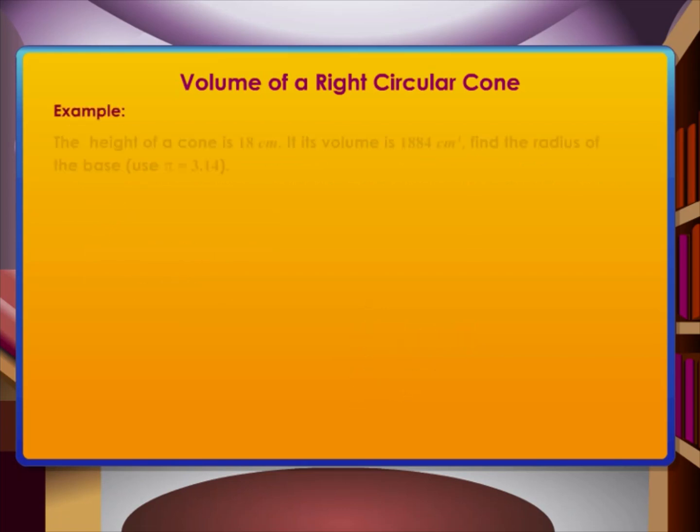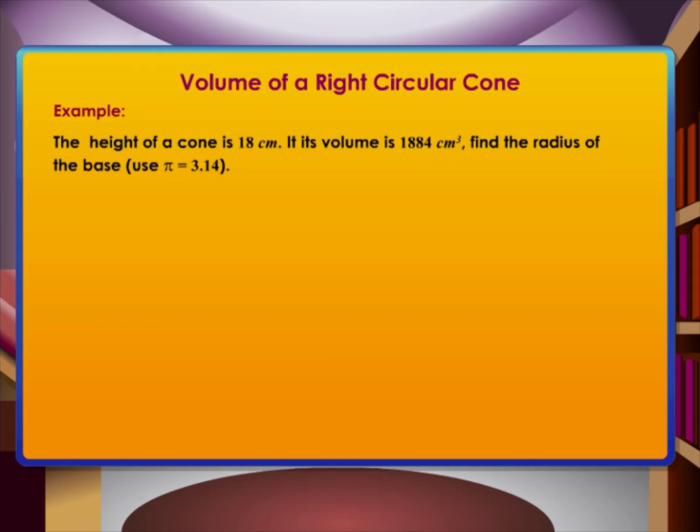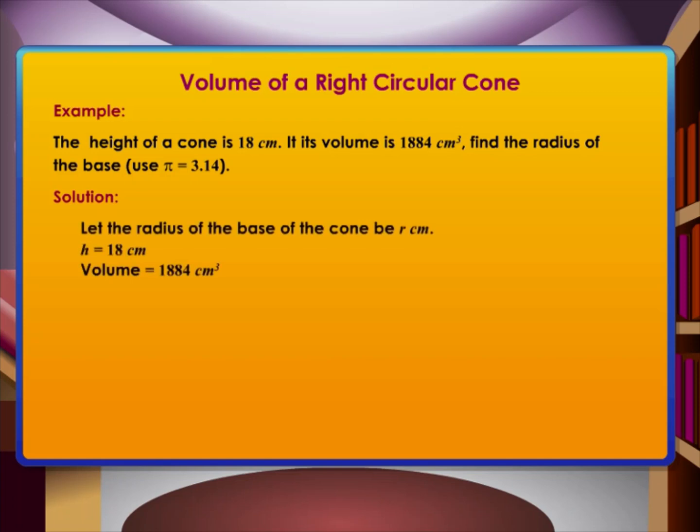Next example. The height of a cone is 18 centimeters. If its volume is 1884 cubic centimeters, find the radius of the base. Let the radius of the base of the cone be r centimeters. h is equal to 18 centimeters. Volume is equal to